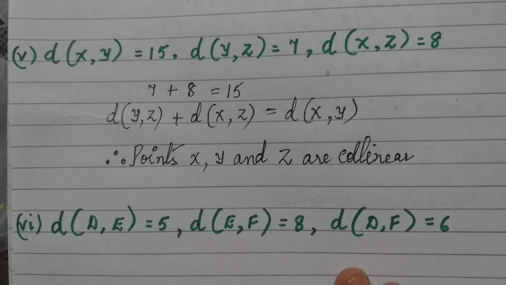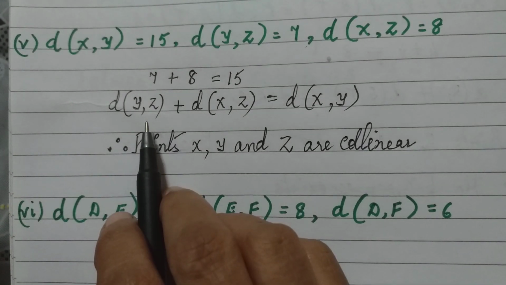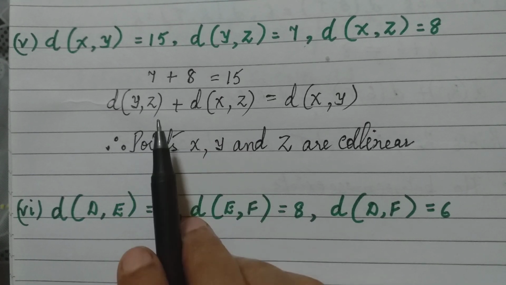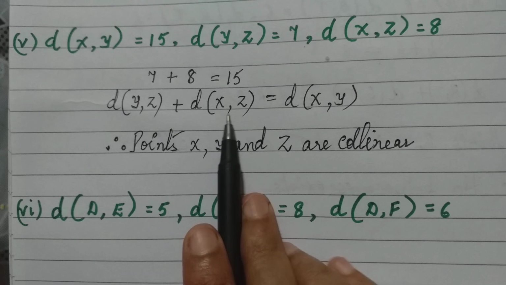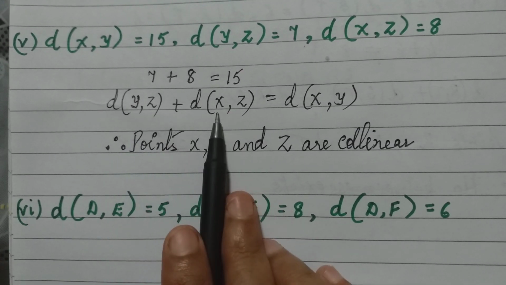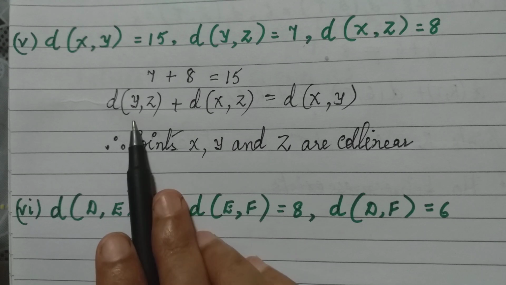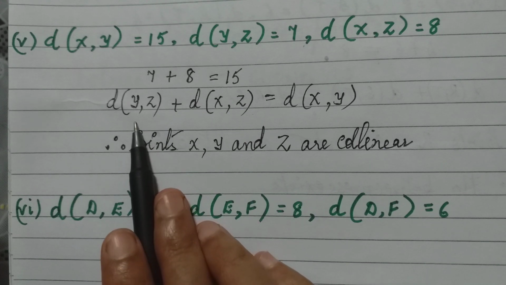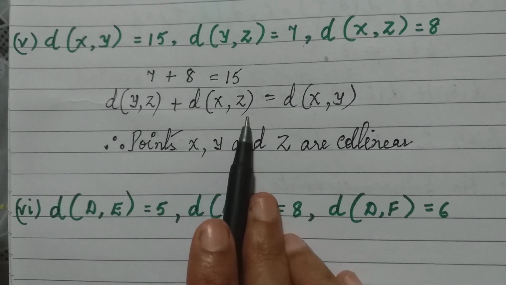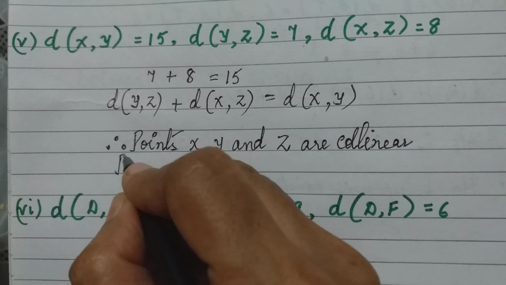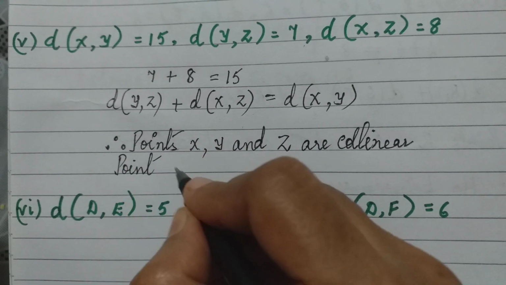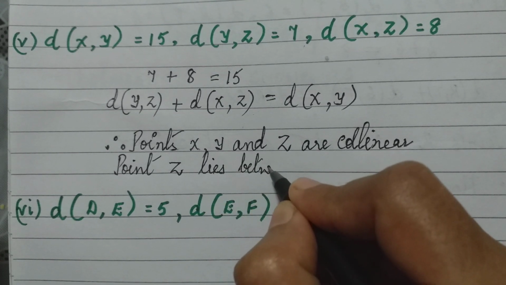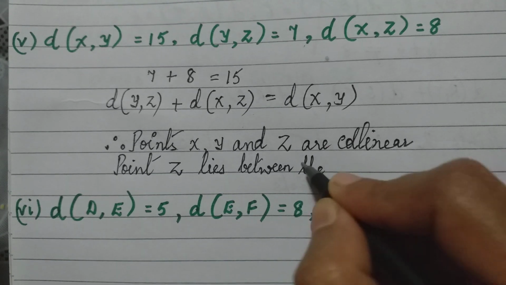And now we have to also say the betweenness. Therefore, what is the betweenness here? We see that the point Z is there in this distance and in this distance also, right? We have to look at both these distances and see which coordinate is repeated. Point Z, you see point Z or coordinate Z is here and here. Therefore, point Z is lying between the points X and Y. Point Z lies between the points